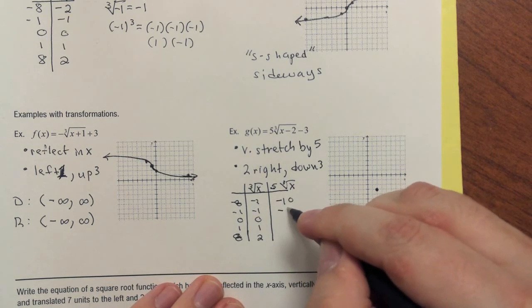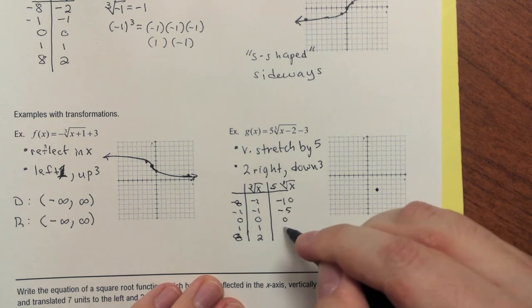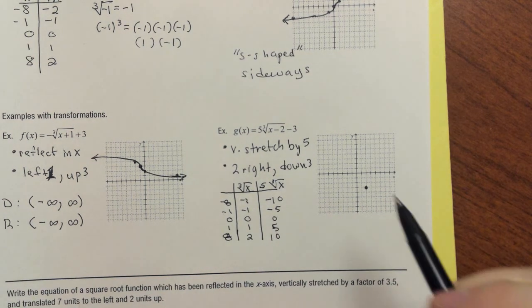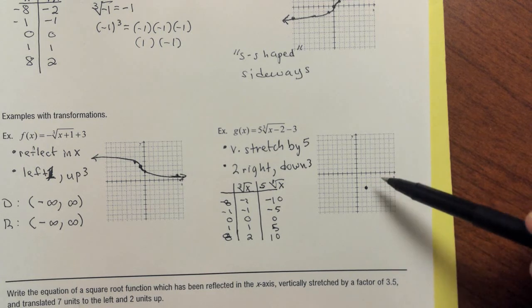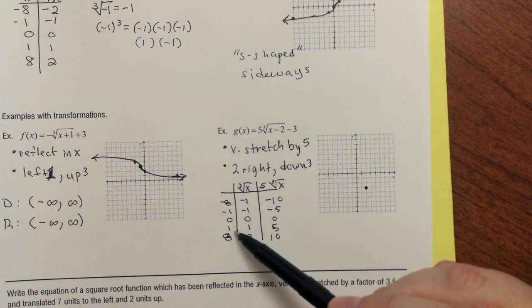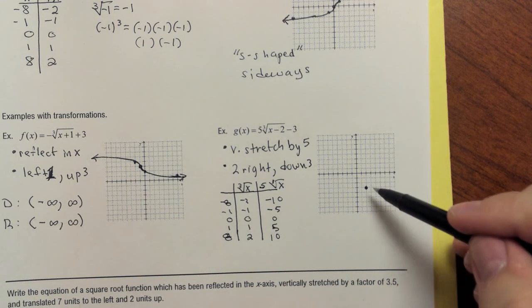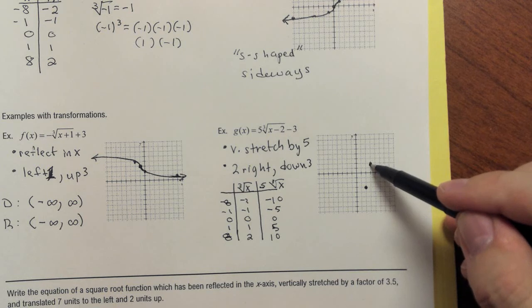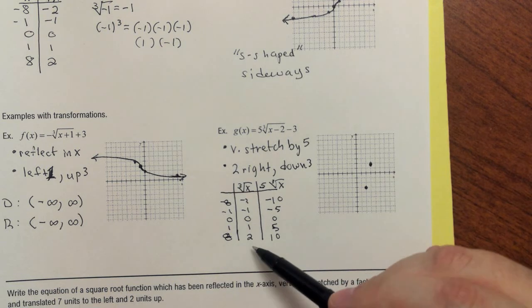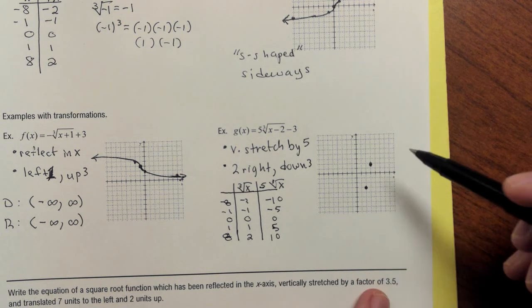So I have -10, -5, 0 will stay 0, 5, and 10. I am stretching vertically, meaning I will rise faster. Normally I would go to the right 1 and up 1. Instead I will go to the right 1 and up 5. Normally I'd go right 8 and up 2. Instead I would go right 8 and up 10,